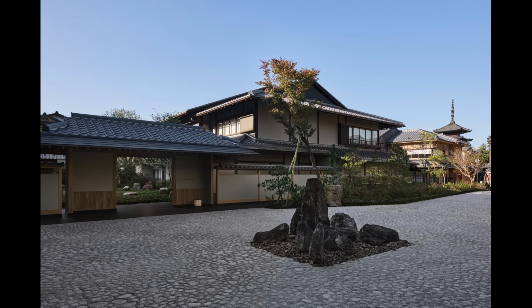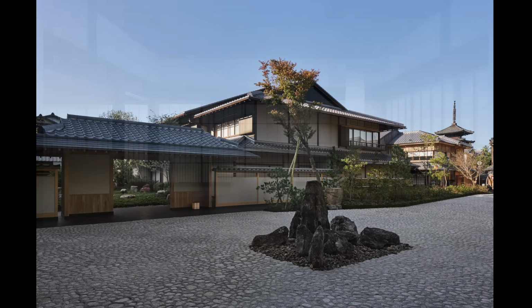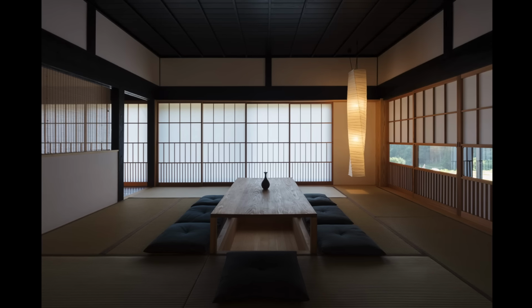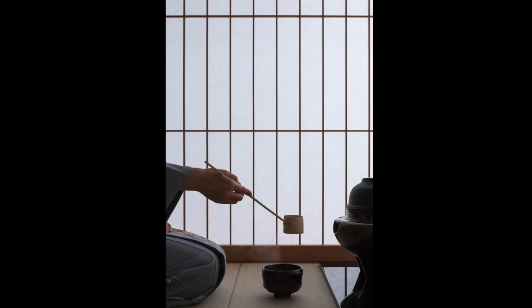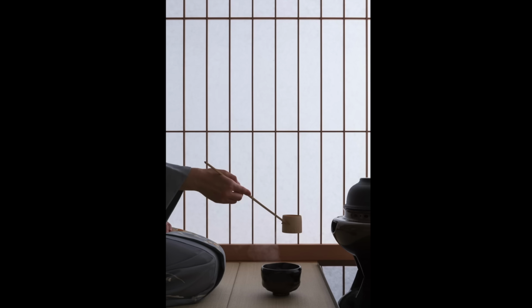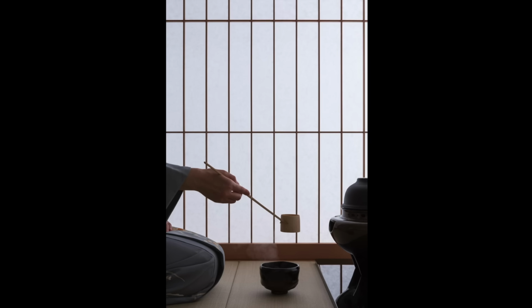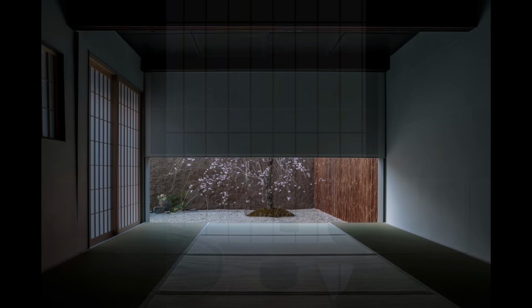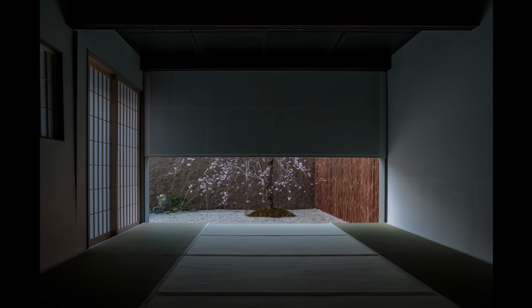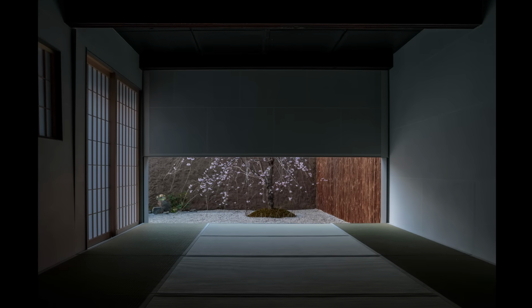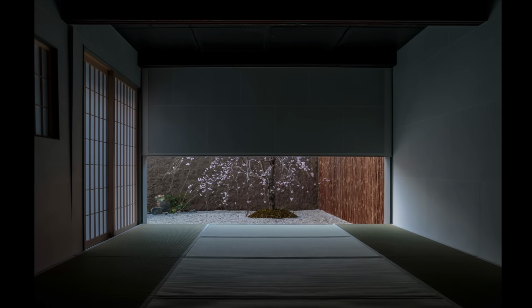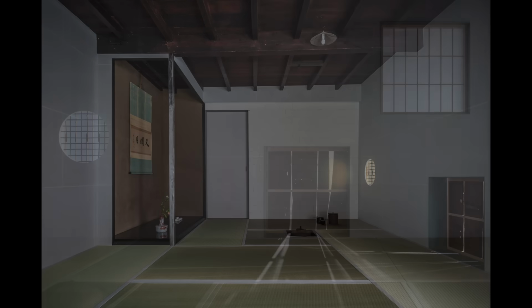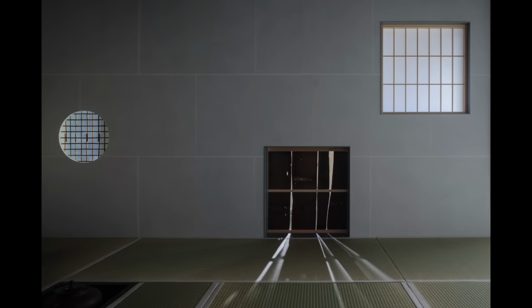The concept of Ma is beautifully illustrated in Japanese architecture and interior design, where space is thoughtfully used to create balance and harmony. A perfect example of this can be seen in traditional tea houses, which emphasize simplicity and minimalism. These spaces are carefully crafted to evoke tranquility and mindfulness, featuring shoji sliding doors and open floor plans that gracefully connect the indoors with the outdoors. This fluid relationship between spaces reflects the essence of Ma, allowing the surrounding environment to breathe and interact with the structure.